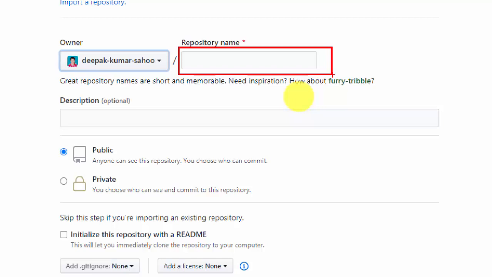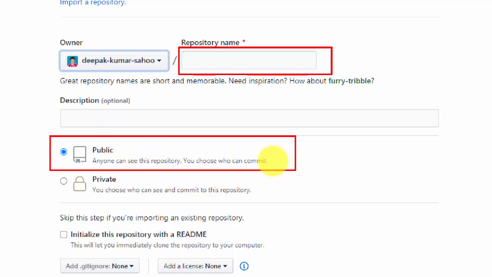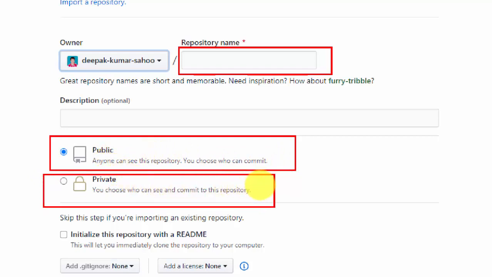In GitHub we have the account. In the account we have some repositories. In order to create a repository, we just give it a name, then select whether it is public or private. In GitHub all the code should be public. If you want to keep your code private, then we simply select private, but it may take